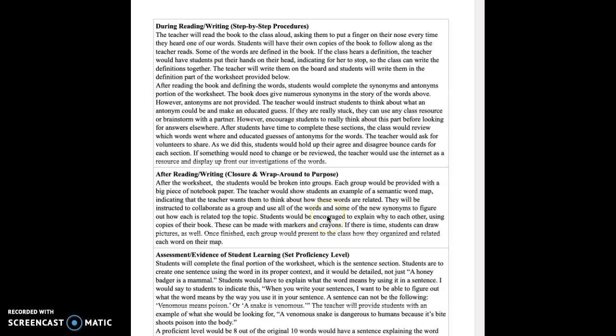All right, so during the reading, the teacher will read the book to the class aloud, asking them to put a finger on their nose every time they heard one of our words. Students will have their own copies of the book to follow along as the teacher reads. And then some of the words are defined in the book. If the class hears the definition, the teacher would have students put their hands on their head, indicating for her to stop, so the class can write the definitions together. The teacher will write them on the board, and the students will write them in the definition part of the worksheet provided. After the reading of the book and defining the words, students would complete the synonyms and antonyms portion